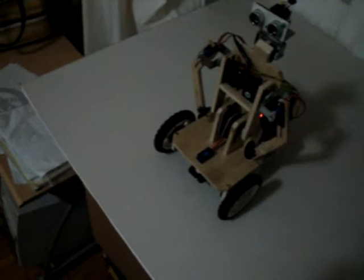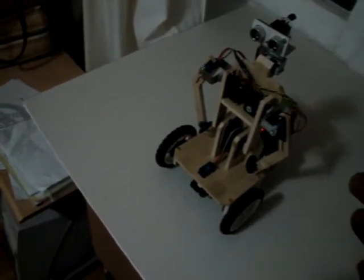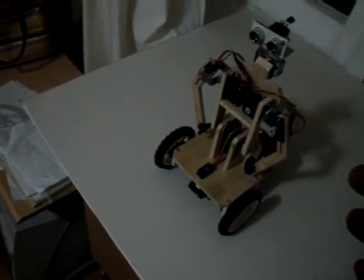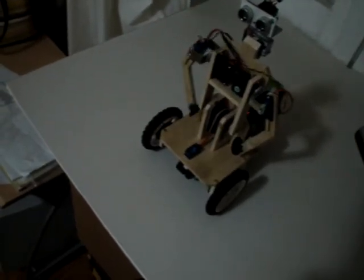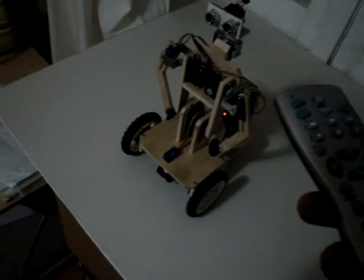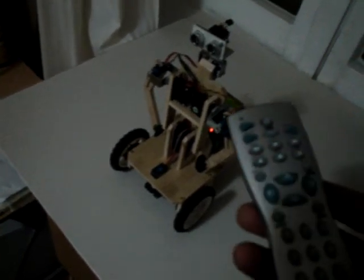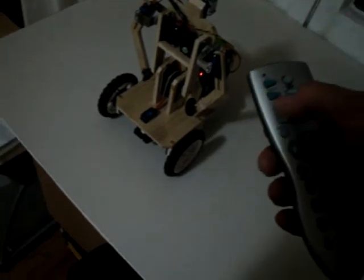In order to teach the robot some new moves, I have some pre-recorded moves like this. Okay, so in order to teach the robot some new move, we have to go into teach mode, then select a new move, then select a servo to move,